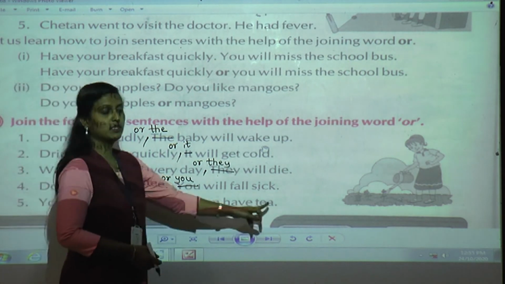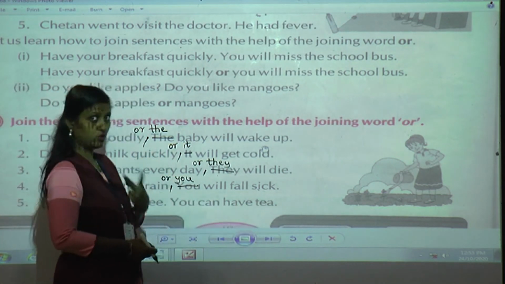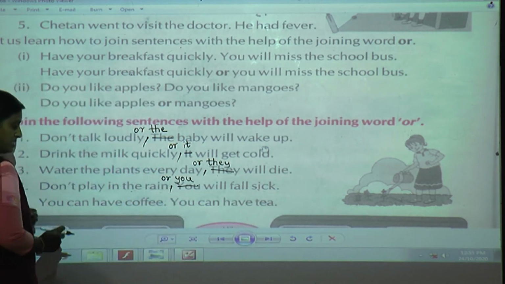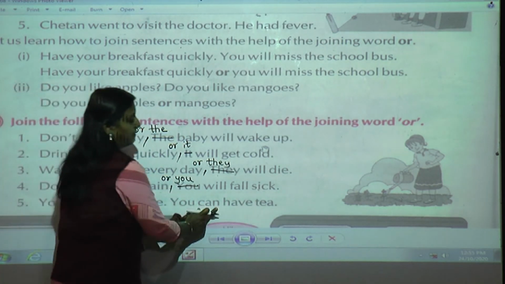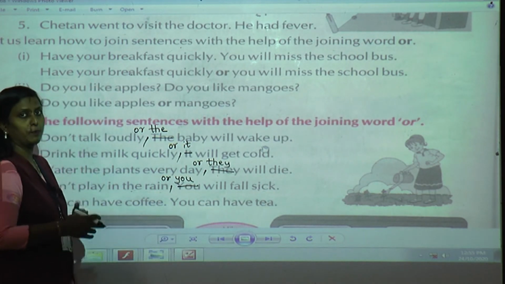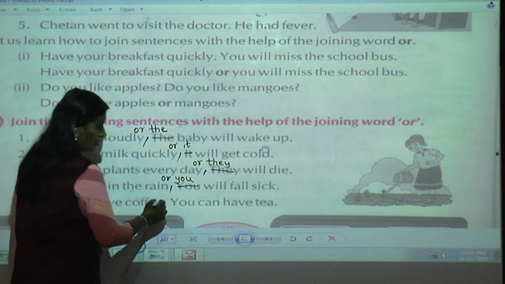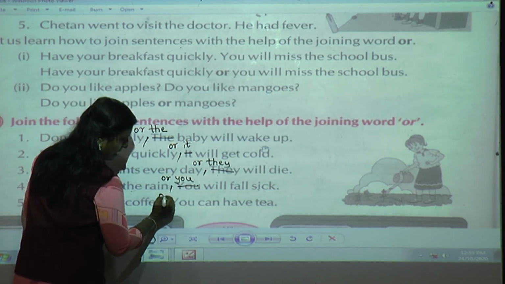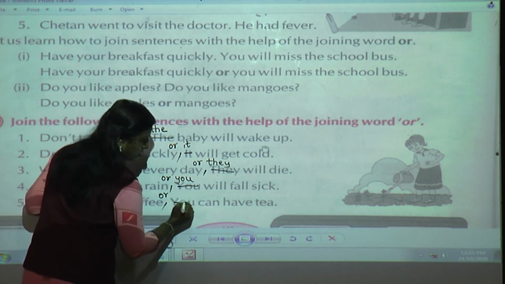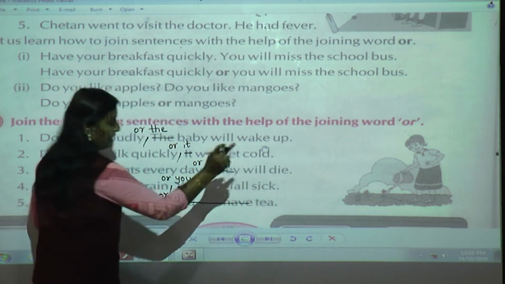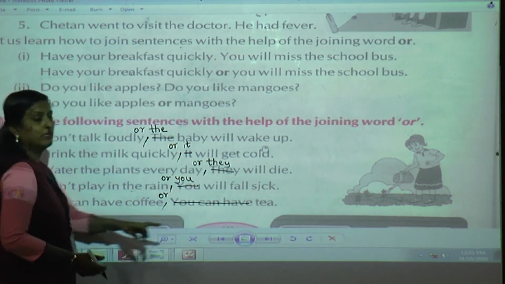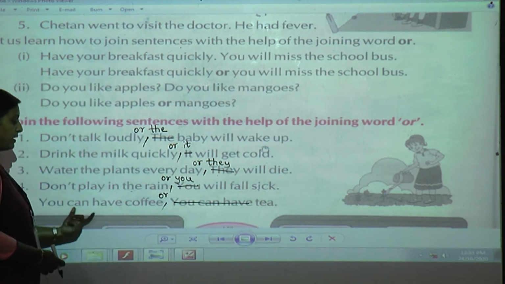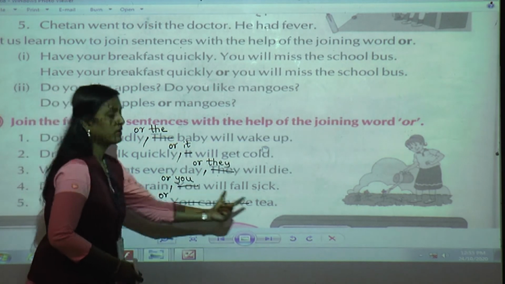But in the last sentence just say, you can have coffee, you can have tea. Here, if you can see, two choices are there, that is coffee or tea. So what am I going to do, students? You can have is the same, so we are not going to repeat those words again. I will remove this full stop and write or. I am going to cut all this, and the remaining last choice is tea. So what will be in my sentence now? You can have coffee or tea.